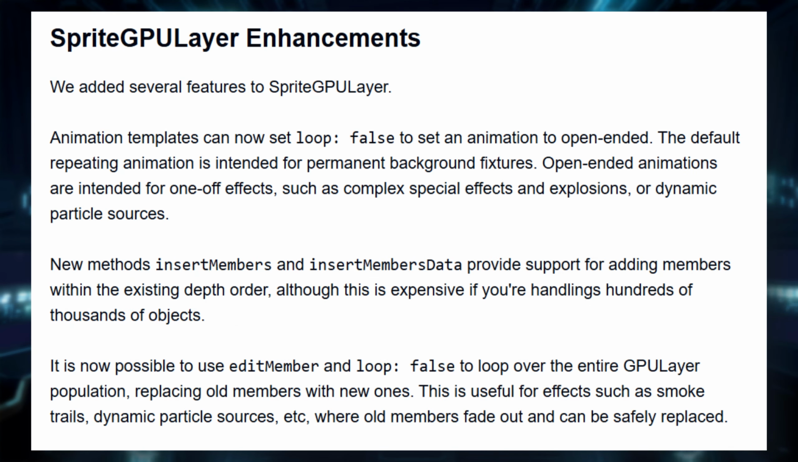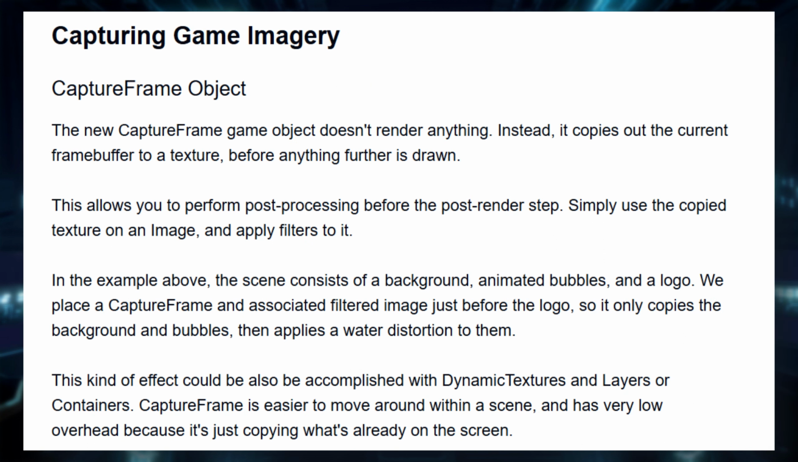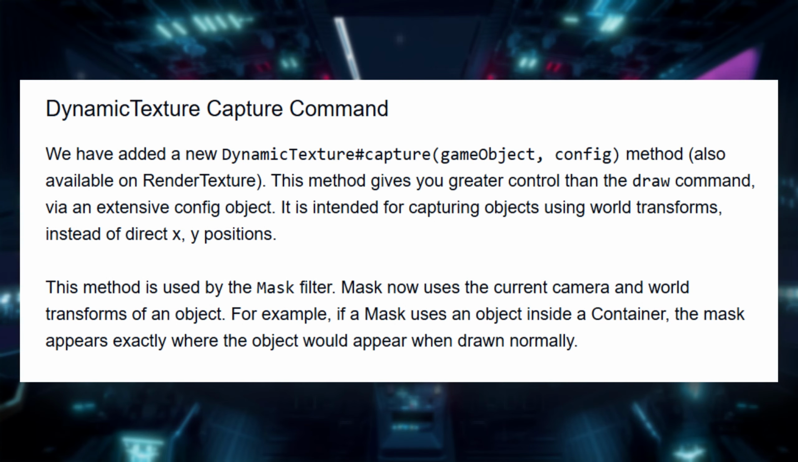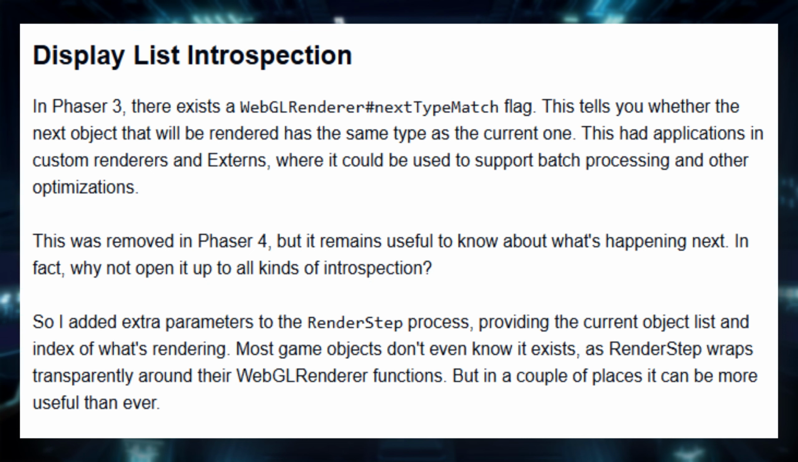Sprite GPU layer enhancements: animation templates now support loop false, added insert members and insert members data for depth-aware spawning, new loop handling for replacing old members, great for FX like smoke trails. Game image capture has an overhaul: new capture frame object lets you grab a frame buffer before final rendering, dynamic texture capture gives fine-grained control over captured game objects, and now it can be used in the mask system for more accurate results. Display list introspection: render step now exposes the current object's list and index, useful for custom renderers